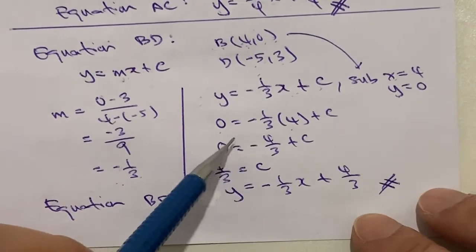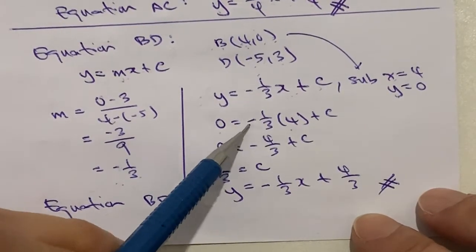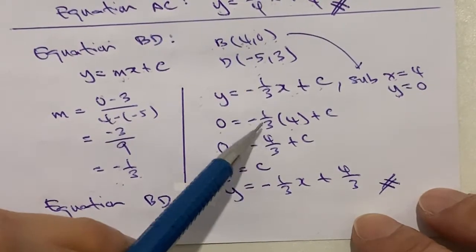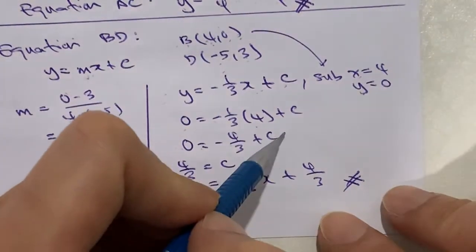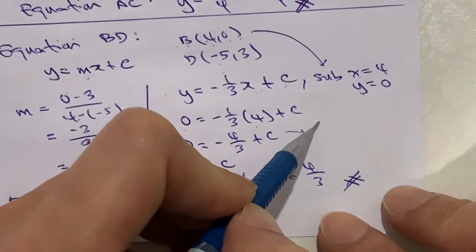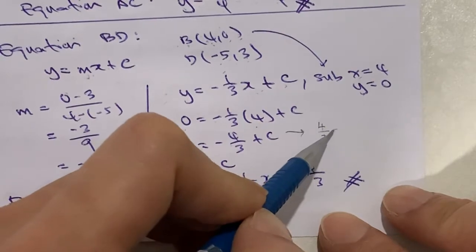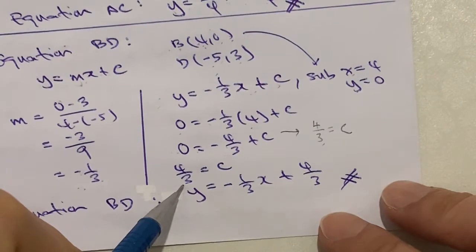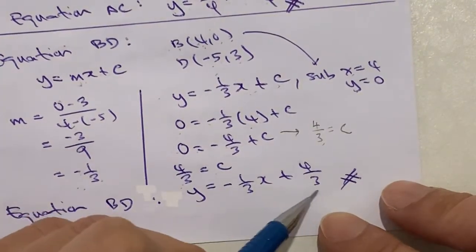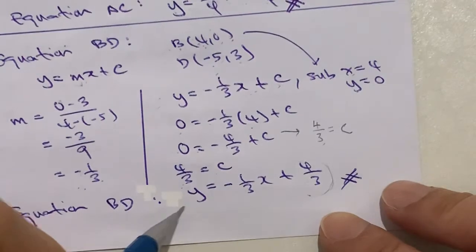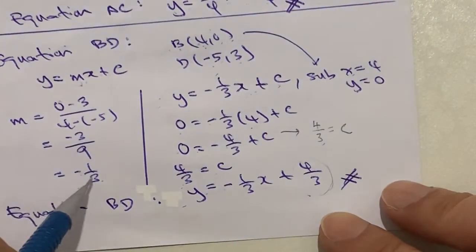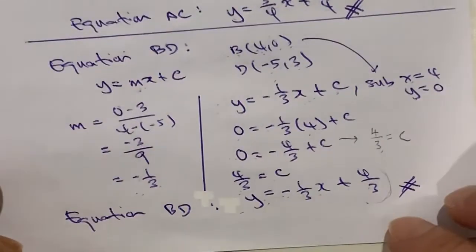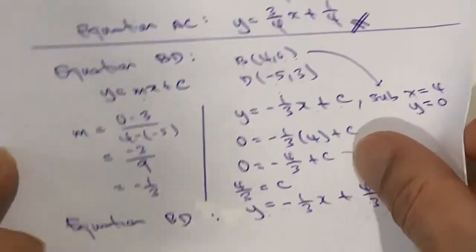So y has been changed to 0, x changed to 4. I have 0 equals negative 1/3 times 4, which is negative 4/3, plus c. Move this negative 4/3 to the other side, so I have 4/3 equals c. So c equals 4/3. This will be the value of c. So y equals mx plus c becomes y equals negative 1/3 x plus 4/3. Okay, so the next